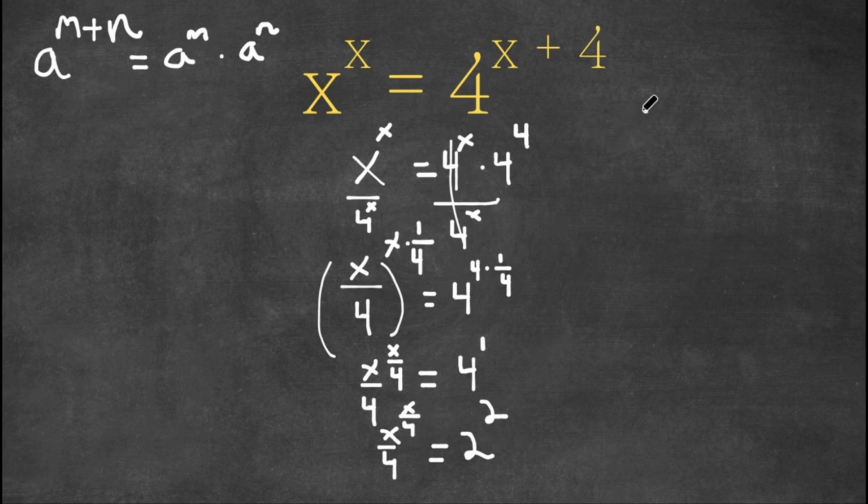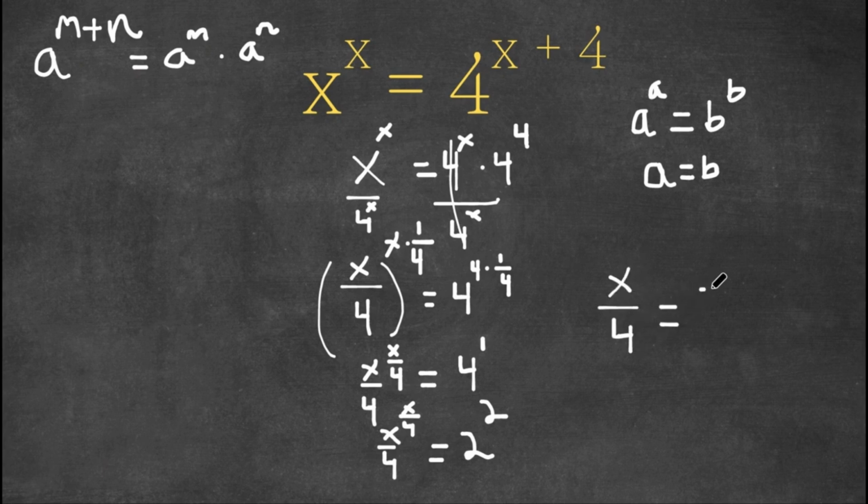Now, if we have anything in the form a to the power of a equals b to the power of b, then we also know that a is equal to b. So right here we have x over 4 to the power of x over 4 equals 2 to the power of 2. Then this must mean that x over 4